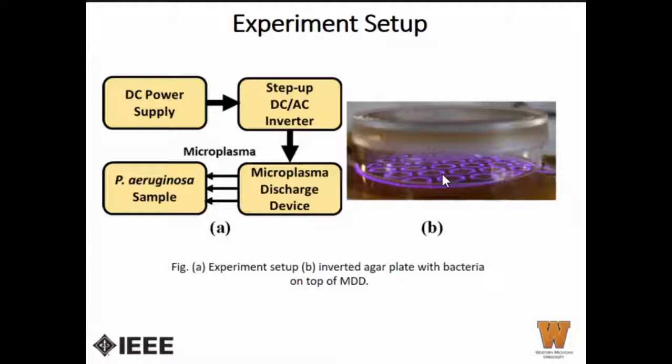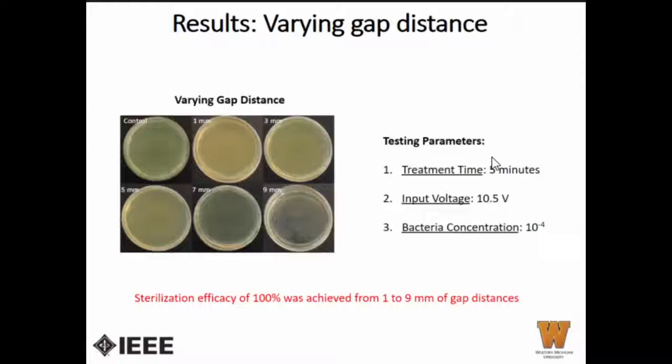And we are running our experiments for very different voltages, different heights. When I state height, it means the gap between the electrode and the agar surface, as well as different times for the treatment. This slide shows varying gap distance, and again, this is the control with the dilution of 10 to the power minus 4, and the distances are 1 millimeter, 3 millimeter, 5 through 9 millimeter, and